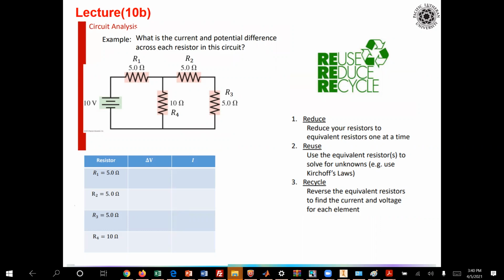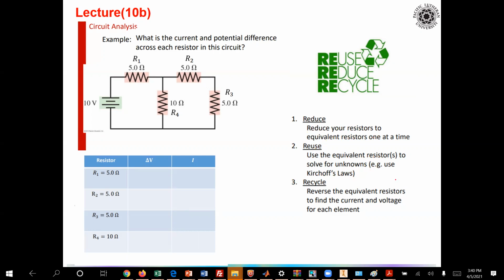And here I listed the guidelines with the 3 R's: reduce, reuse, and recycle. These 3 steps are a guideline to solve problems such as this. Basically, the first step, reduce, is to reduce the resistors to find the equivalent resistors. Once you find the equivalent resistors, second step, reuse. We use the equivalent resistors to solve for voltage or current using the Kirchhoff law. Once you find this, we're going to reverse the equivalent resistors to find the voltage and current through every